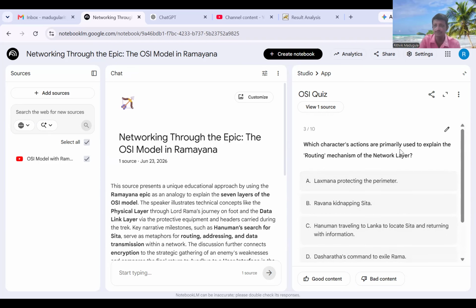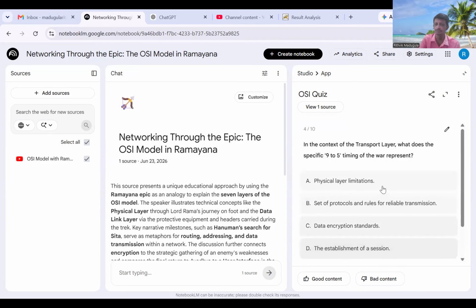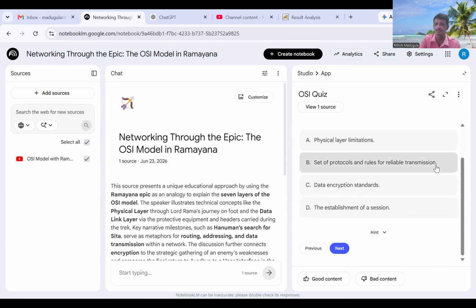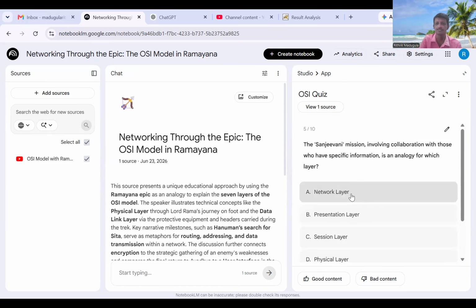What character actions are primarily related to the routing mechanism? What is the major routing mechanism, Hanuman traveling to Lanka? So this is one of the things. In the context of the transport layer, what does 9 to 5 time specific in the war? This is not specified in that particular video, but it is going to generate the quiz based on the rules and norms that are taking place. So the Sanjeevani mission is not at all mentioned in that particular video, but it is going to ask